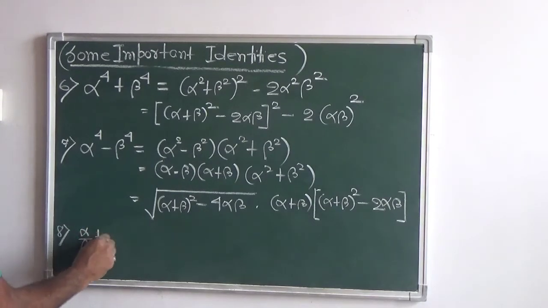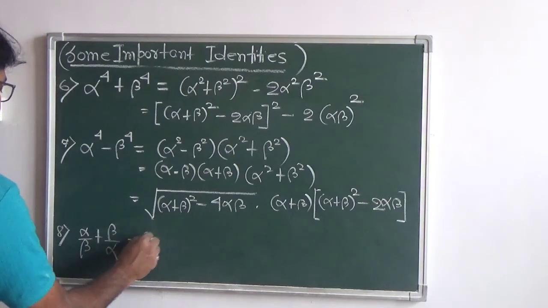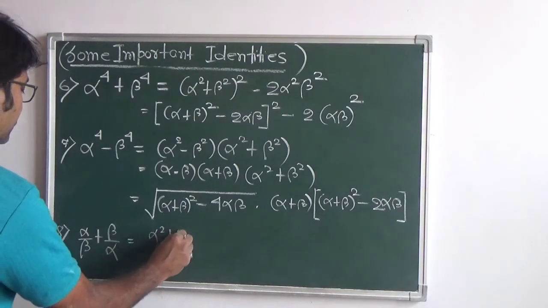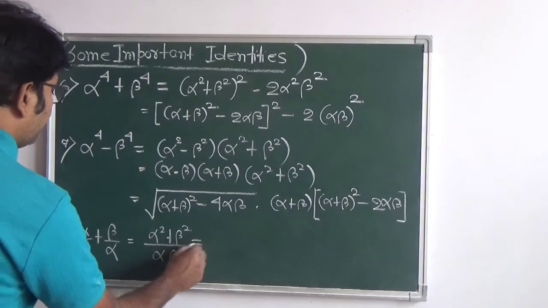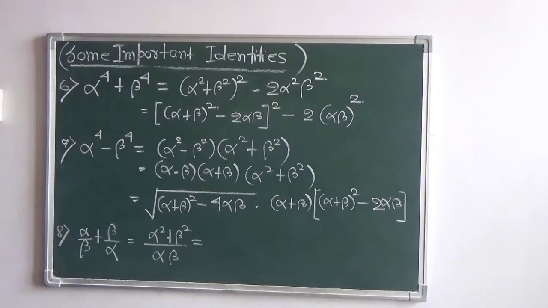Alpha by beta plus beta by alpha. Take the LCM, we have alpha square plus beta square by alpha beta, and alpha square plus beta square can be written as